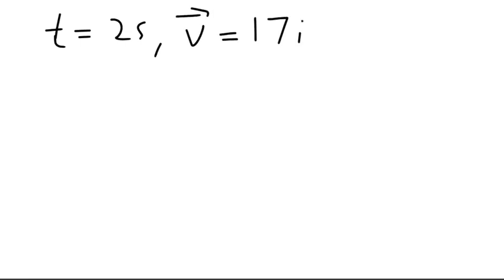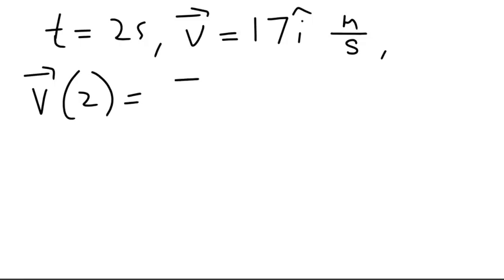Now we are told that at t equals 2 seconds, the velocity is 17 i hat in meters per second. So substituting this initial condition in the solution just found, we see that v at 2 seconds equals 5 over 2